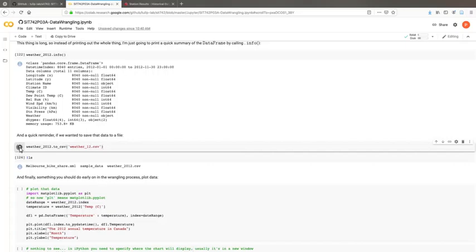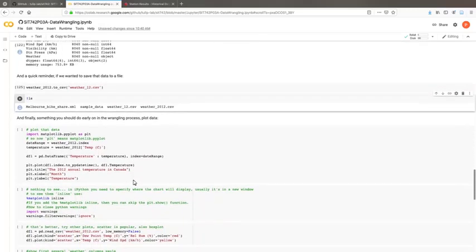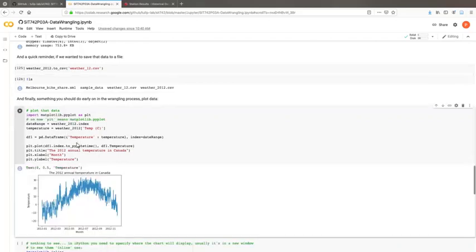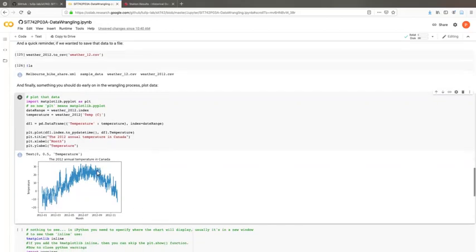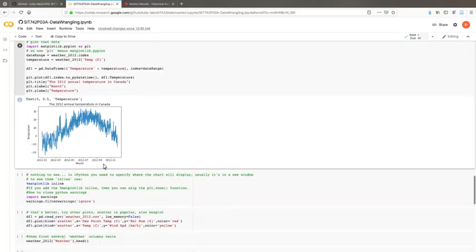Okay, and then list it again. There will be one more file generated, and you can download it and further process this file if you want. After we have the file generated, the remaining part is to use different kinds of data visualization to show the content and structure of the data. More detailed data visualization content will be covered in the other notebook. For now, you can just go through them to understand how to do this very basic